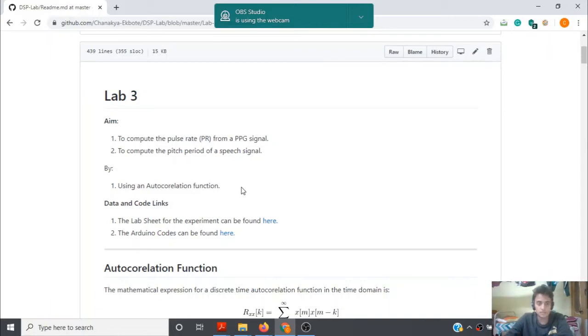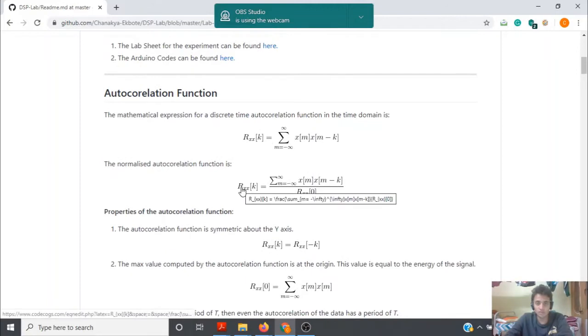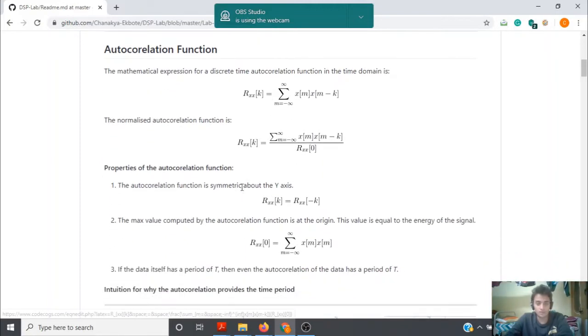In the third lab experiment, we will compute the pulse rate from a PPG signal as well as the pitch period of a speech signal using an autocorrelation function. So what is an autocorrelation function? Well, an autocorrelation function is just a function which is a multiplication of a signal with itself with a certain amount